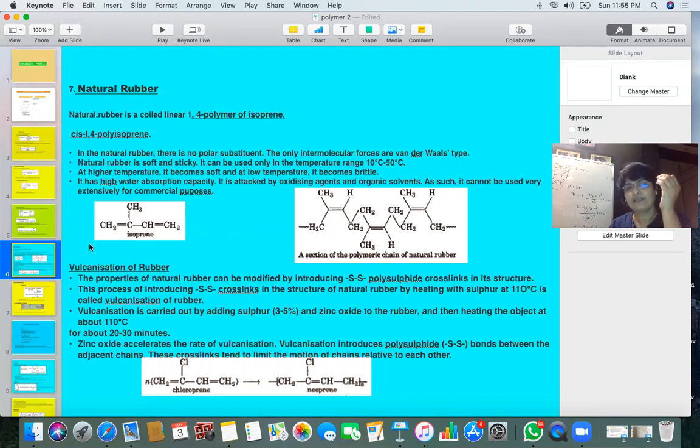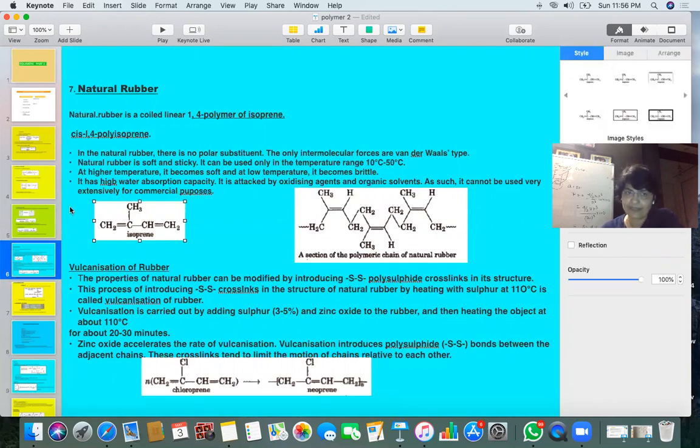This remains a very soft substance, like the one which is used for an eraser, which you even end up eating, and sometimes you finish an eraser down to a small piece in a single day. It's made up of that substance only. This one is very soft, and it is polymerized through pi bonds, which combine. Next, vulcanization is done just to increase its strength, like in rubber bands and all